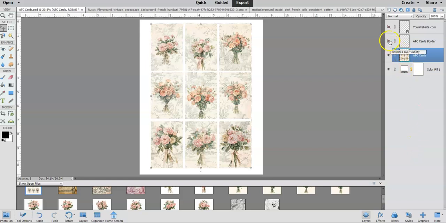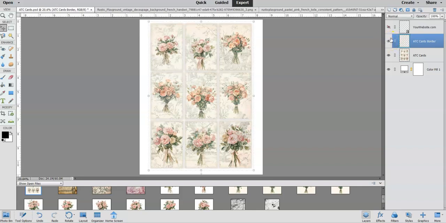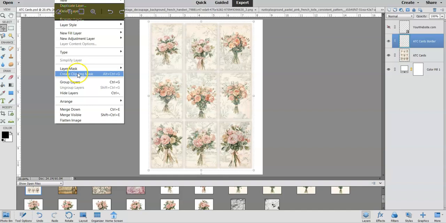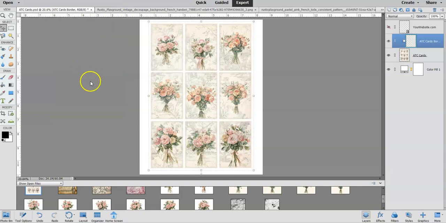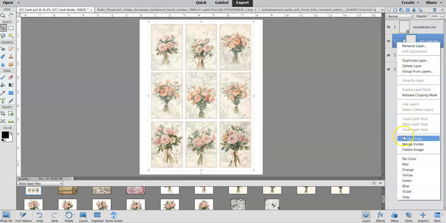Now we're going to do the border. So this layer here is this ATC cards border. You can click the eye to expose that now. That's actually a really pretty color on there already. So I'm going to keep that, but I'm going to go up to layer and create a clipping mask so that it's more subtle. Now again, if you don't see it, I'm going to take it away and add it back in. Now you see the difference, right? Away and back in. I'd say that's a complete set. So I'm going to right click this, merge down,